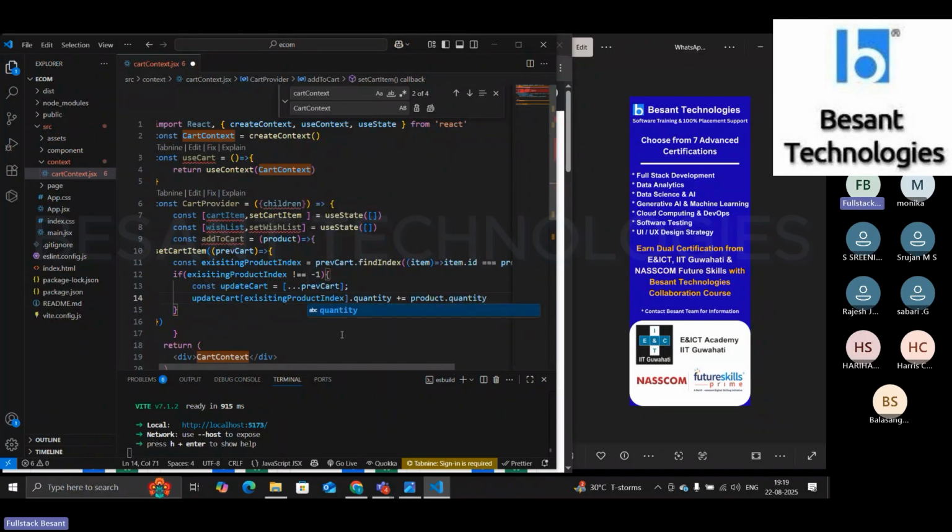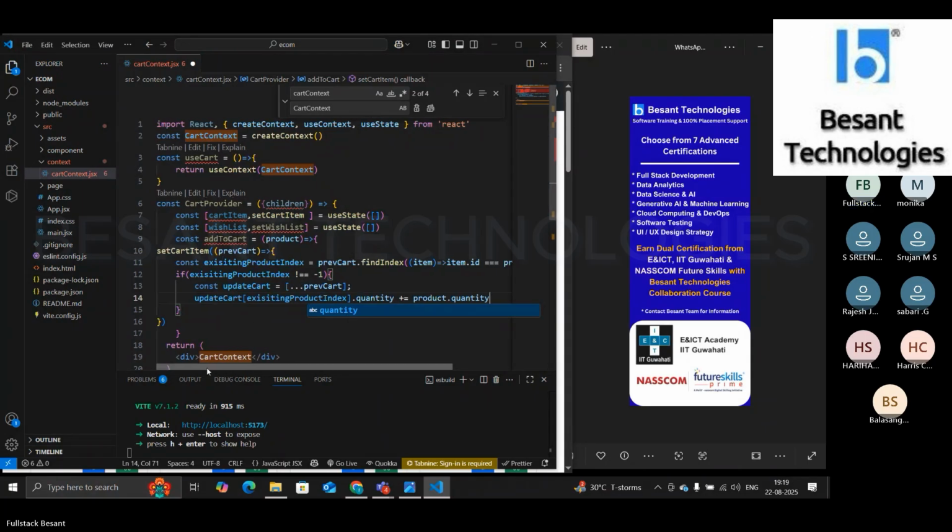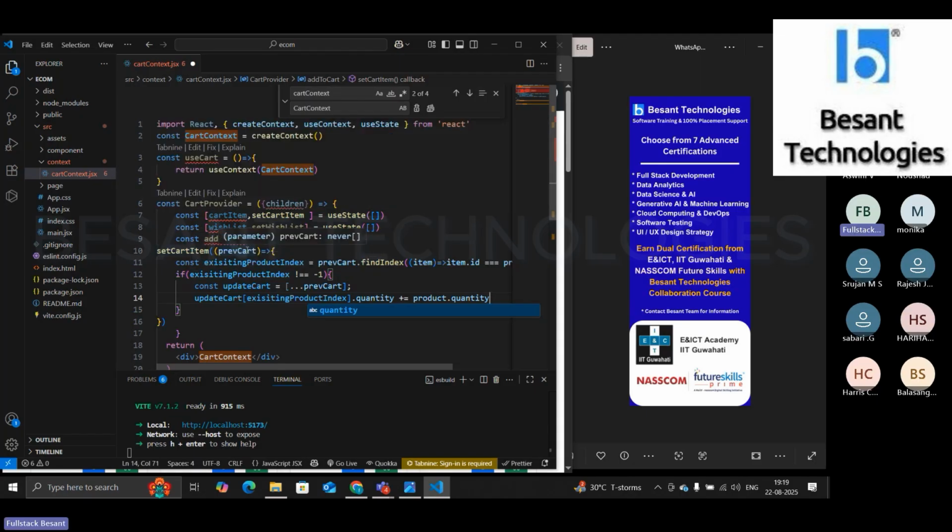So what I'm doing here is I'm using my set cart items as an array. Inside that, I'm going to call my previous cart. So that will be taken into entire array value, whatever it is, per value array. Then I'm declaring an existing product index equals to this previous cart. I'm going to find the index with the help of an ID, the particular ID. If it matches, then